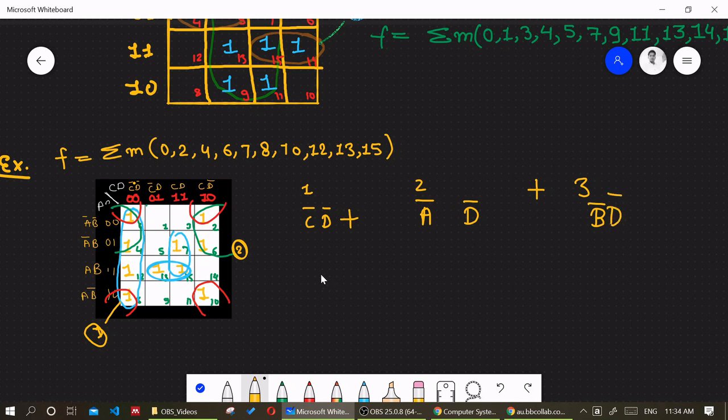Now let's write the expression for these; this may be assumed as 4 and this may be assumed as 4. In this particular one AB is constant, so AB, and what is changing? C is changing but D is constant, so ABD, plus in this particular one, B is constant, A is changing, so B will be there and CD will be there. So this is the corresponding expression for this K-map, and we have utilized all the map rolling in this particular